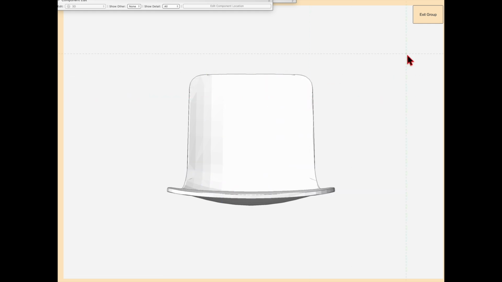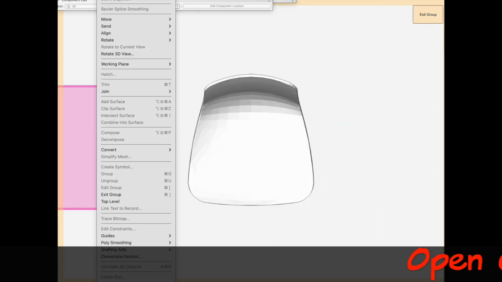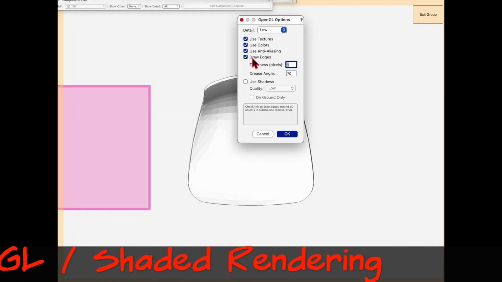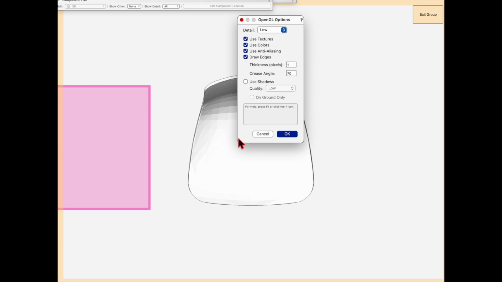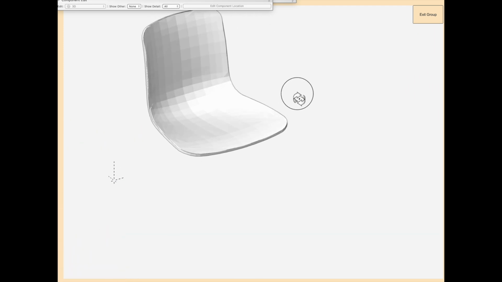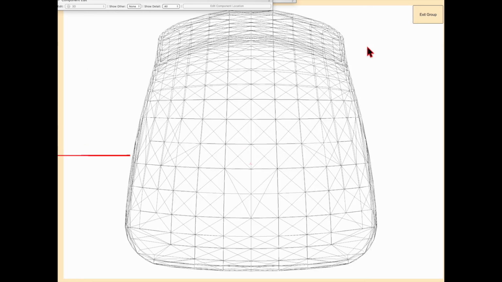So a couple things happen. One is, if you notice, here's all the lines in wireframe, but here is what it looks like in OpenGL. And because it is now a mesh, even though I have the draw edges on, you can see the difference on or off. The edges are only the edges. Previously, this was a large number of triangles that made up the shape. So now we've cleaned this up. It still has a segmented kind of appearance, but again, if we put this back together,